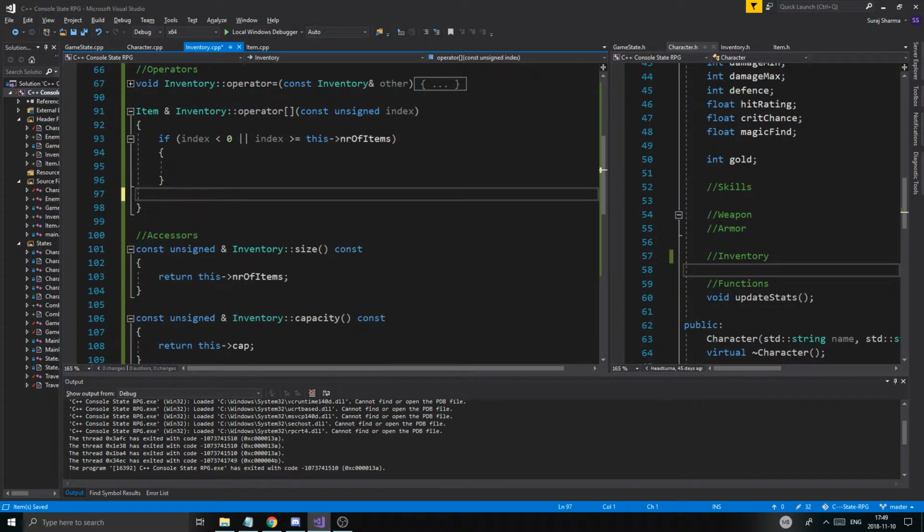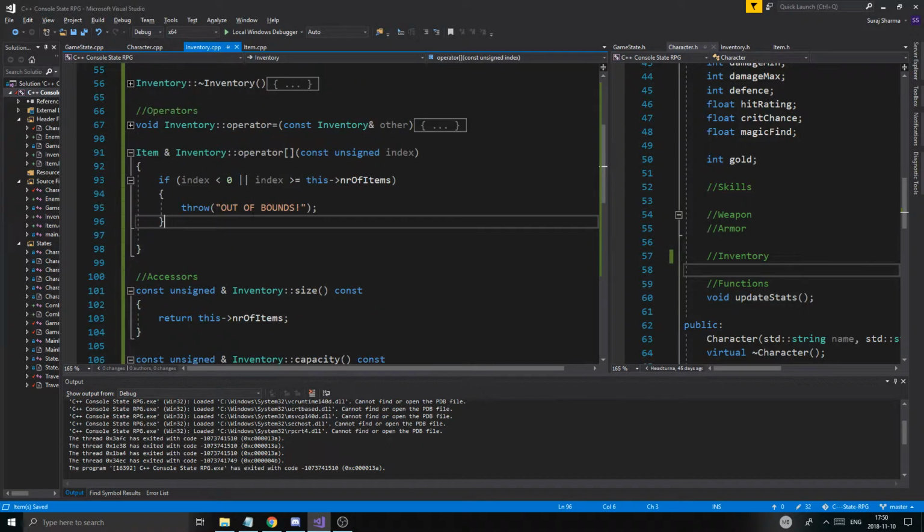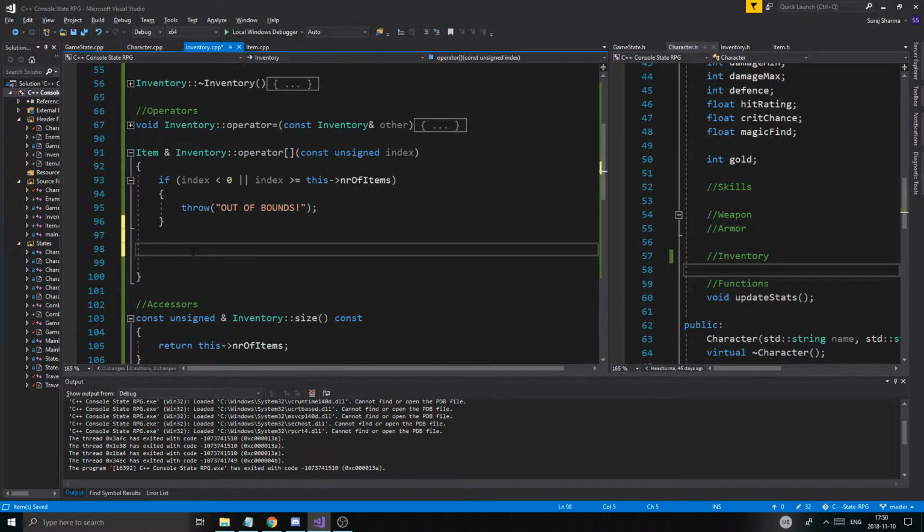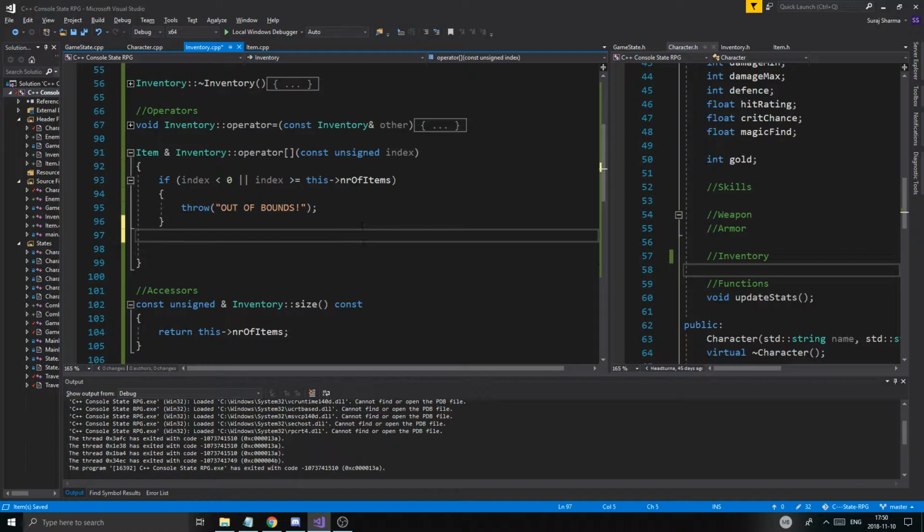All right, but basically instead of that, we're just gonna keep the if, and we're gonna throw an out of bounds exception here. So we're just gonna throw a character here. We're not catching this. You can use try catch to catch this, but it's just gonna throw out of bounds, and it's gonna end the program for us, right? Because we don't want to be able to access something outside. That's illegal. So we want it to just crash and tell us what happened. So I can catch this if I want,